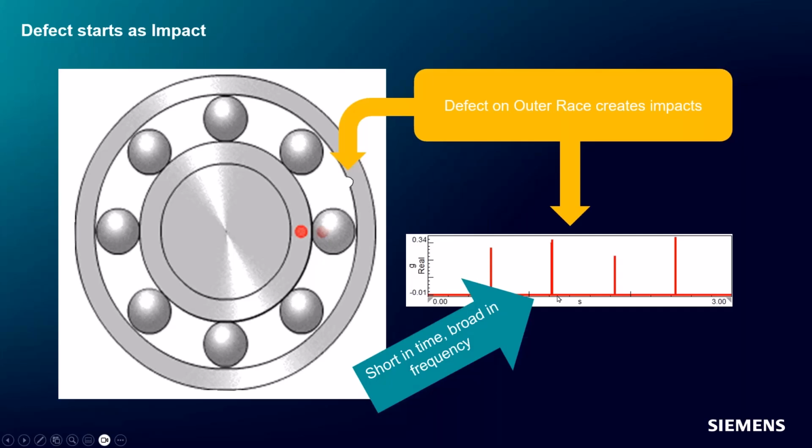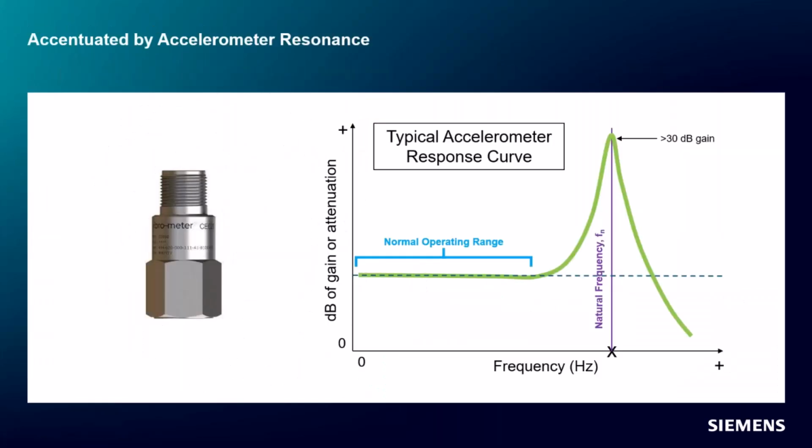Another reason why we can see that difference is because a lot of accelerometers have a resonant frequency. There's a mass in there that basically is on a spring, if you will. And at some frequency, you have a resonance inside your accelerometer where it really exaggerates the vibration. In this case, the accelerometer we used has an internal resonance around 30 to 35,000. And so that's another reason it's able to pick up these very faint impacts and show a big difference, because it's very sensitive in that frequency range.